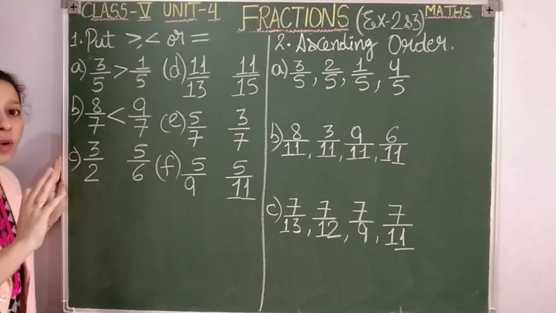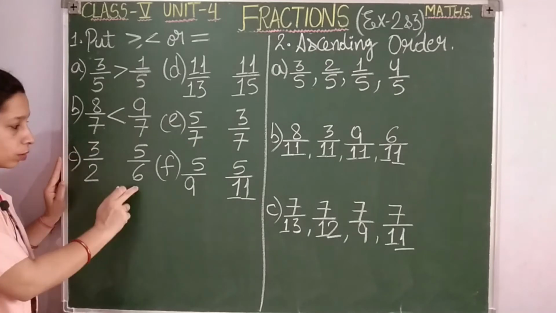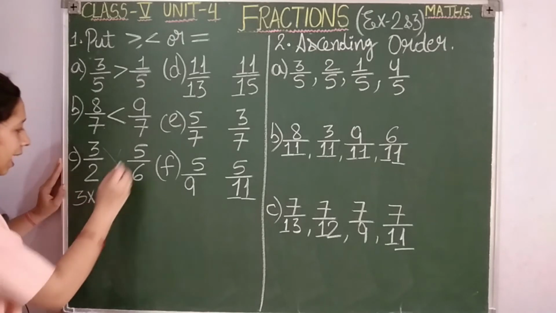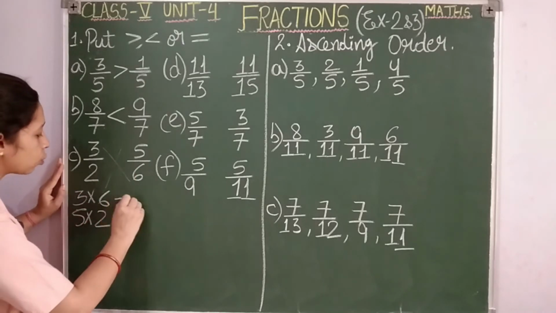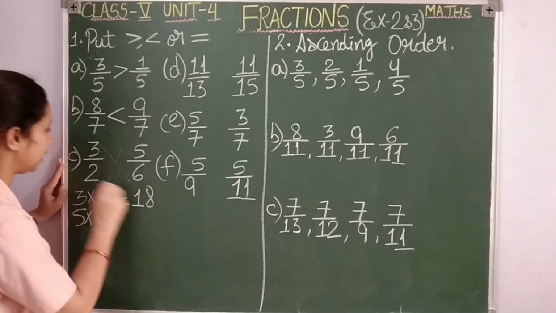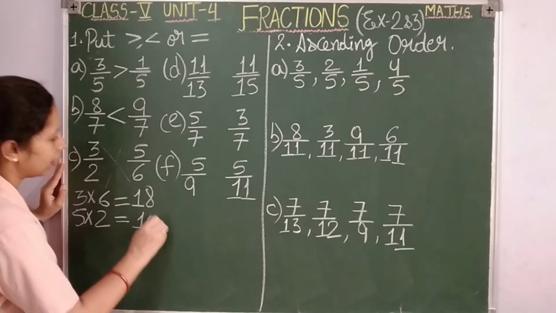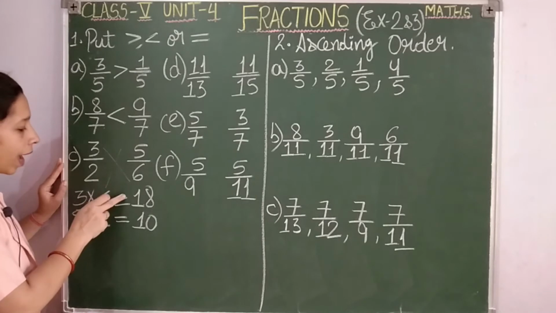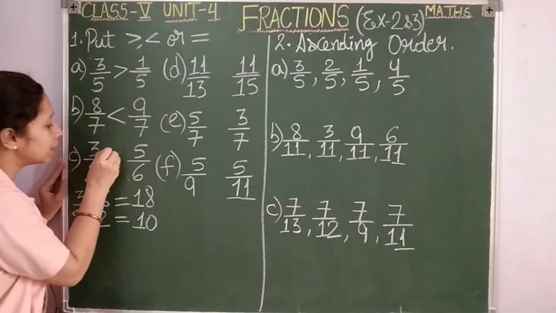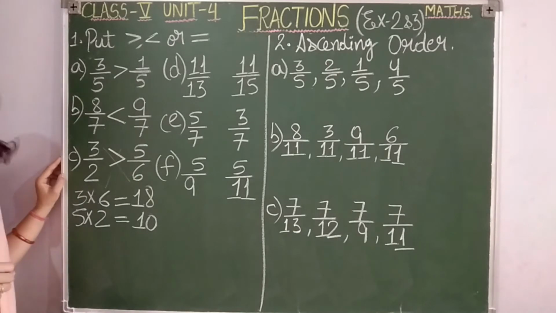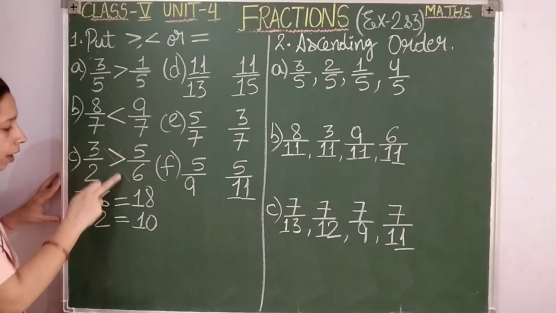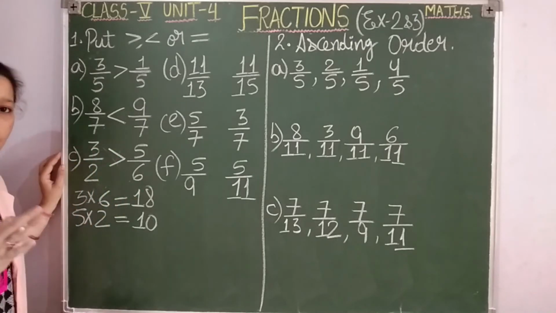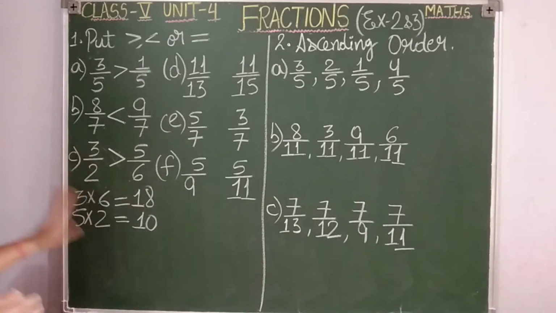there is one trick. You are going to cross multiply. Cross multiply means this to this and this to this. Look how I will cross multiply them. I'll multiply 3 with 6 and I'll multiply 5 with 2. How much is the result, students? 3 6s are 18, 5 2s are 10. So students, which one is greater? 18 is greater or 10 is greater? 18 is greater, and how did I get 18? 3 into 6 is 18. That means you are simply going to put this as greater. Clear students? As the product, when I cross multiplied, the result for 3 into 6 was greater, that's why I have written the greater sign with 3. So this is also one of the methods.